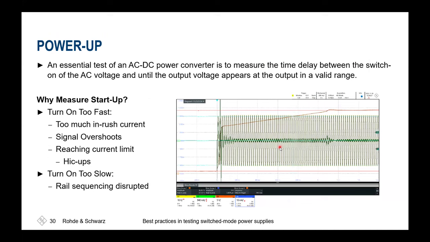Also, power up and power up sequencing play a more and more important role nowadays. So what does that mean? At the beginning, we have to power up our board in a certain order. First of all, the switch mode power supplies have to be turned on and give the right voltage rails at the output, and maybe you'll have a power management IC, a so-called PMIC, in addition on your board, which then regulates the outputs and powers the different power supplies up in a